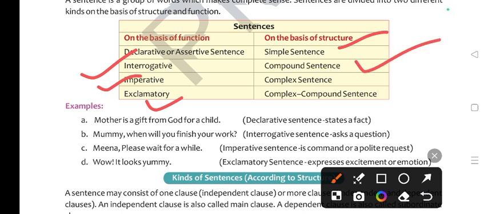A compound sentence may have two or more clauses. A complex sentence has one independent clause and a dependent clause. A complex compound sentence has more than two clauses. Clear? So examples: